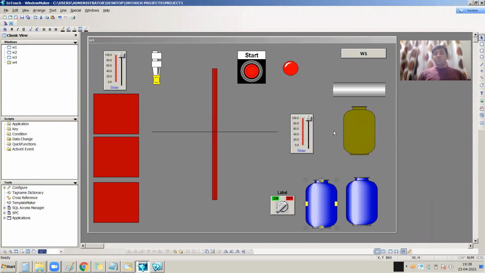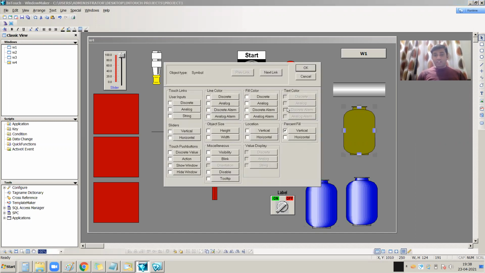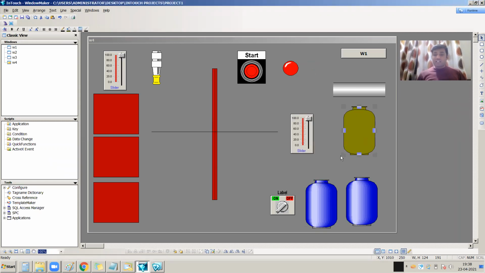But if you want to feel like it's filling, you need to change the object color. So object color is changing like this with percentage filling. And if you change the color of the object, you need to select over here and go for this fill color over here, right? If you change this and save it,